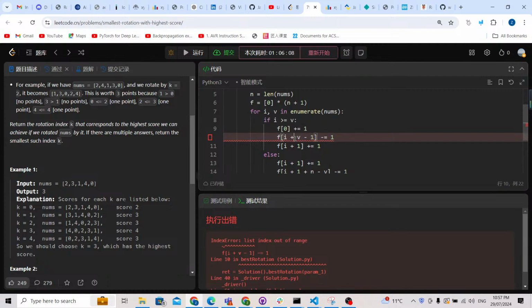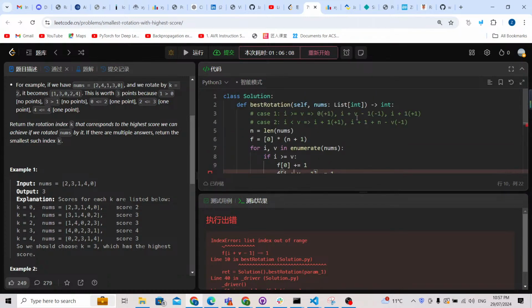Yeah, here should be i minus v. I did a wrong calculation. I think for the difference array, if we do some wrong calculation, definitely it is wrong. I think I explained it right, but I just recorded a wrong formula. It's going to be i minus v, because